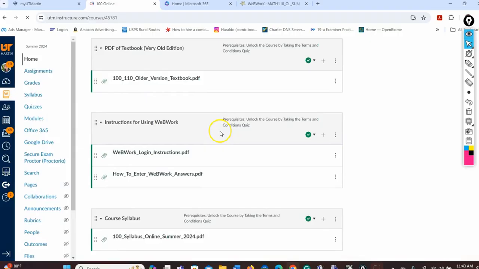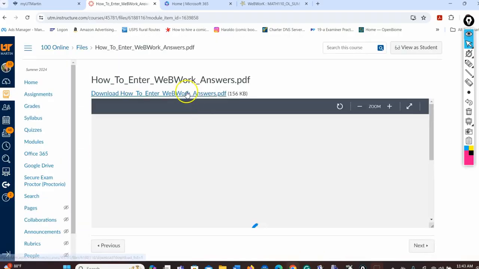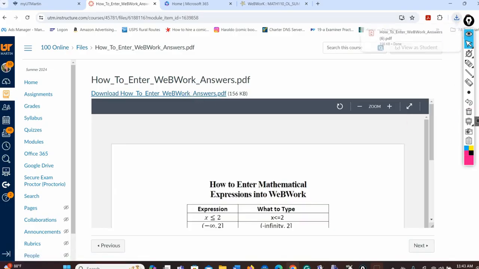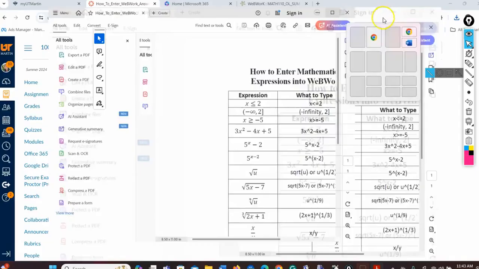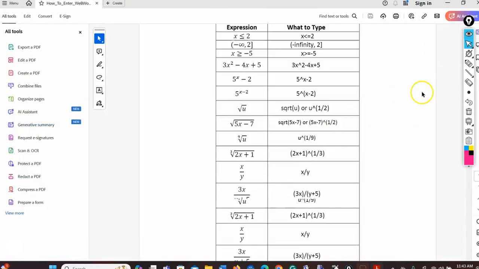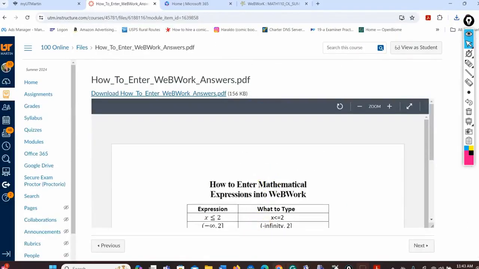Canvas, there is a PDF called How to Enter WebWork Answers. And it gives you this chart of what to type. So when we come down here, you can see what do you type to put in these mathematical expressions. Basically, if your numerator or your denominator has more than one term, you have to put grouping symbols around it. So let's now go back to our